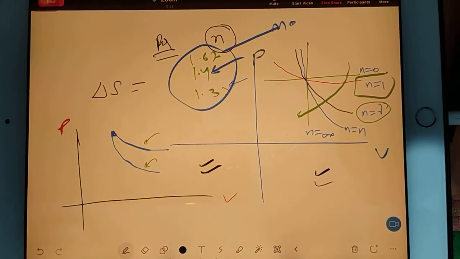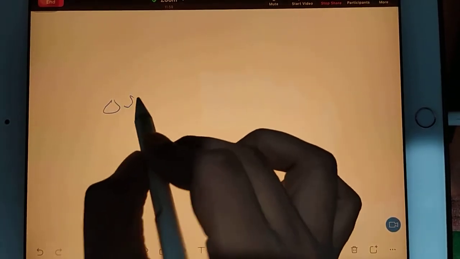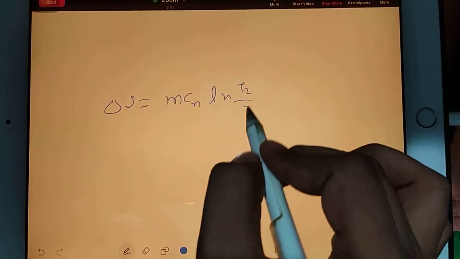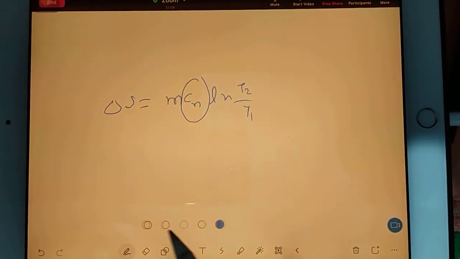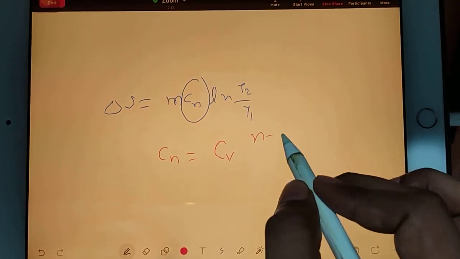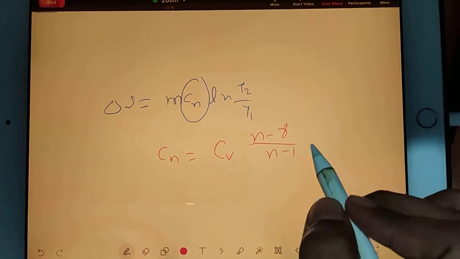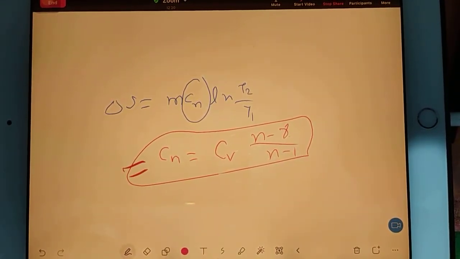Now we have to bother about the polytropic process. What will be the change in entropy? We have a very amazing formula. The change in entropy for a polytropic process is nothing but m Cn ln of T2 by T1. Now you know the Cn value I gave you in the last class. This Cn value was in terms of Cv, multiplied by (n minus gamma) by (n minus 1). So this is the formula of Cn. So these things we should be ready with. And then we go for